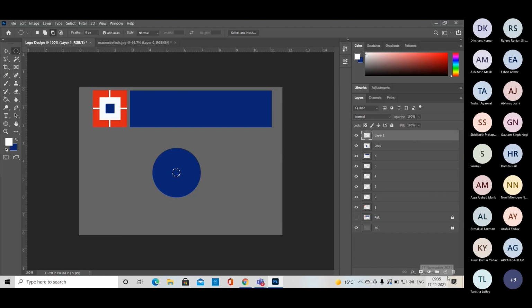So I need to fill the colors. Again, I have to change the layers. This one is here, this one is another layer, Control E, and then on another layer, I have to change the elliptical to the rectangular marquee tool. Right, then Alt Backspace, Control D, so I can move.